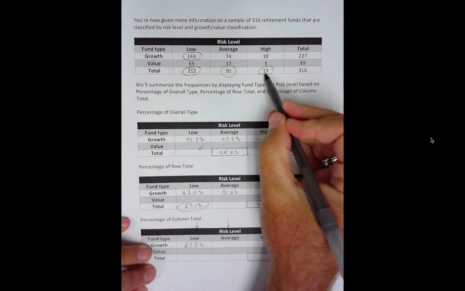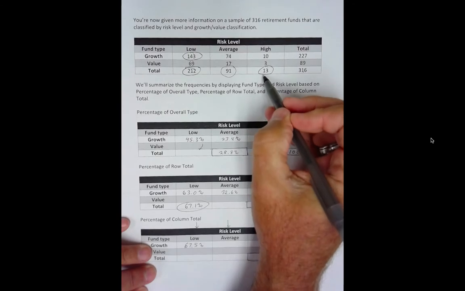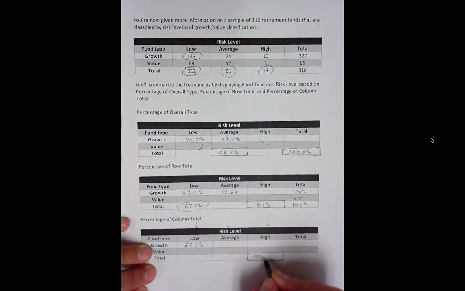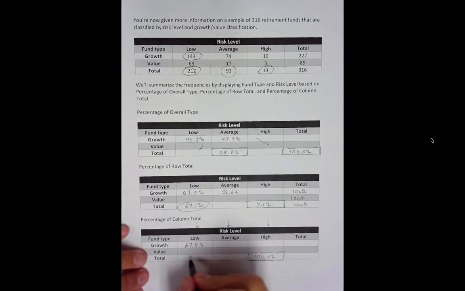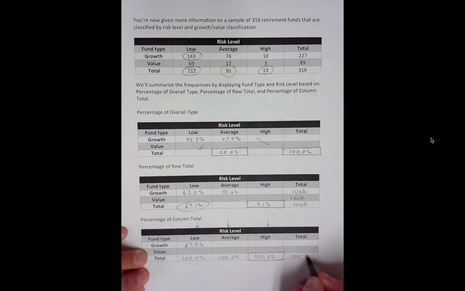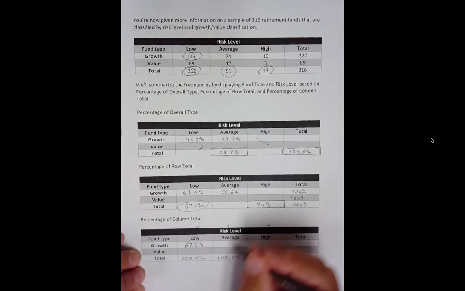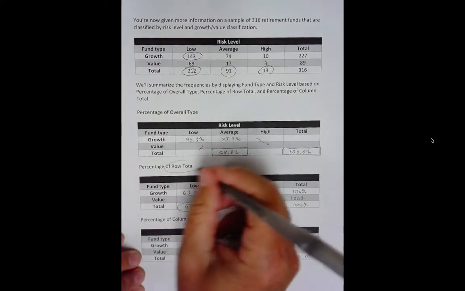We'll take 13 divided by the row total, which is 13, is 100.0%. I should have actually used 0.0 up here too to be consistent. So in the column totals, for obvious reasons, the columns all have 100%, whereas in the row totals are